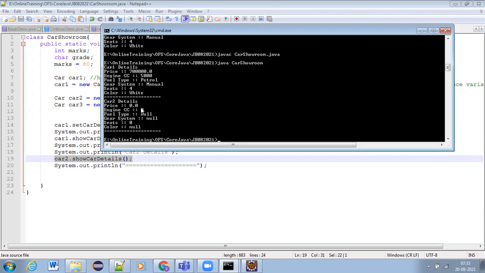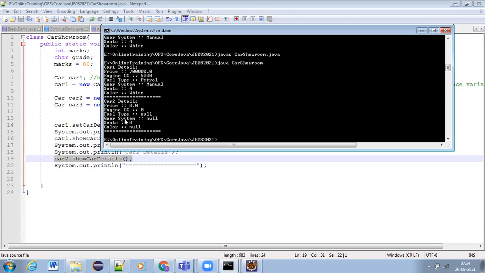Now, what are being displayed here? If you see, here it is displaying default values like 0.00, null. String types are reference types. Reference types always contain what? Null as the default value, right? Color null, seat, number of int, default value is 0. Double default value is 0.0. Float also 0.0, right? So that will be displayed here. In this way, it will do.